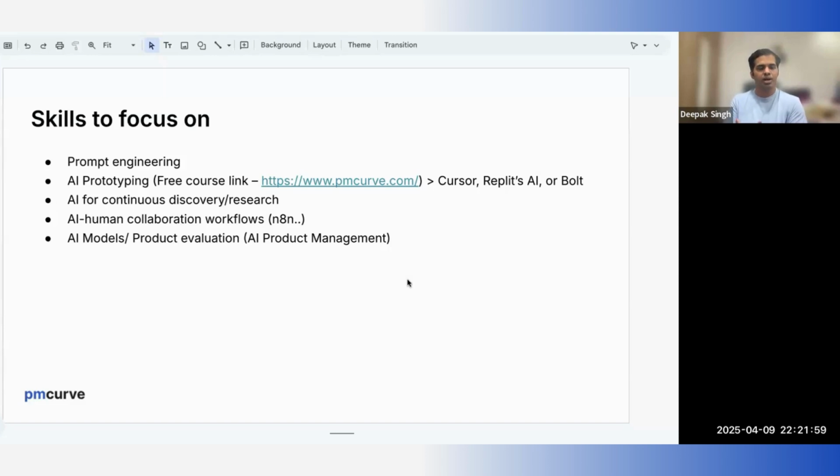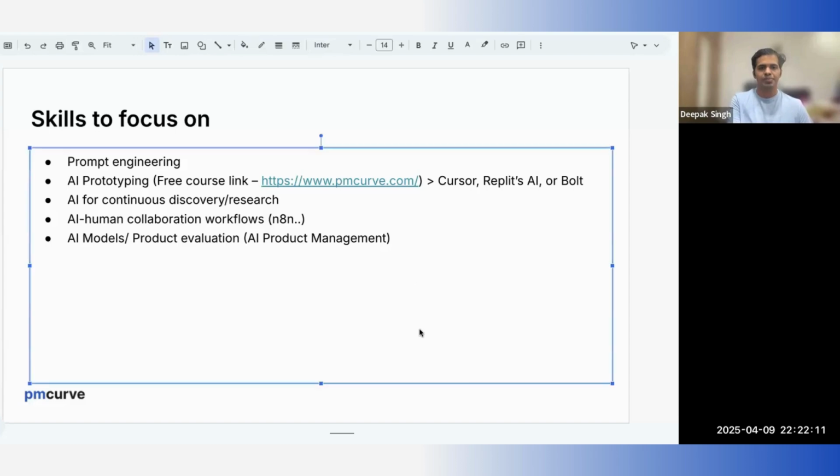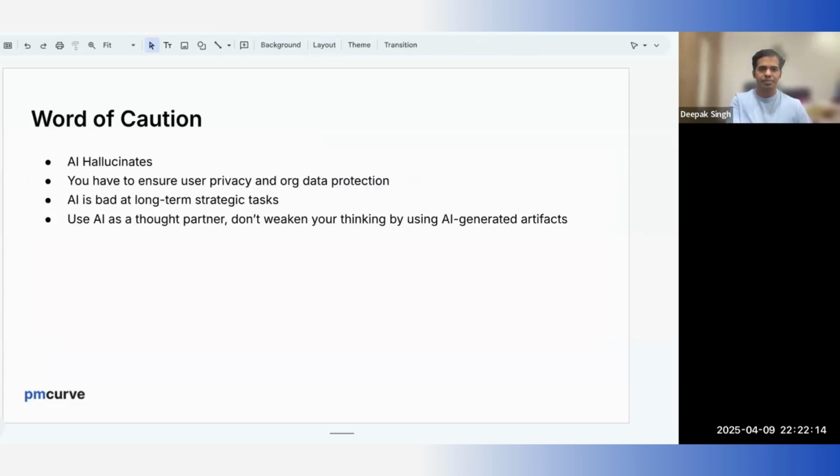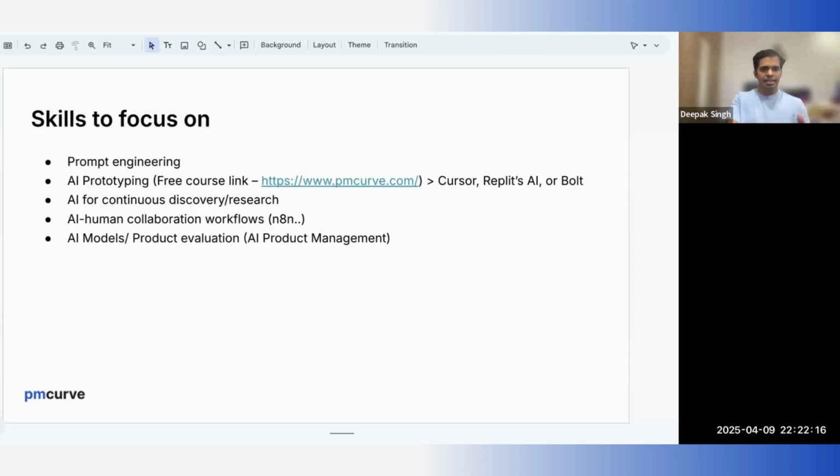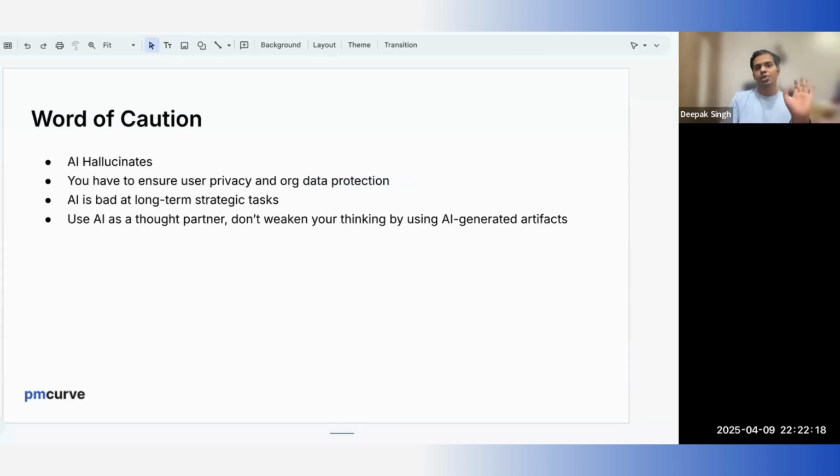if you understand how to do AI product evaluation, which is very different, by the way, from software product evaluation. It's much easier to do software product evaluation. Very difficult to do AI model or AI product evaluation, right? So these are the skills you need to focus on. A few things you need to remember so that you don't go off the rails. The first thing is